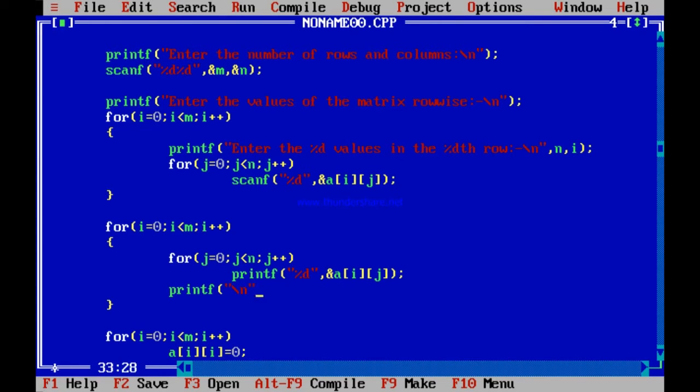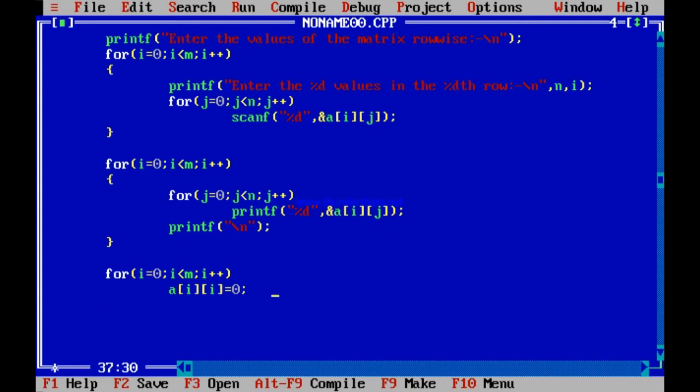You can very well understand what I have done. I have just printed the array once before it was converted, because you remember, the diagonal values will be shielded, that is changed to 0, after this. So before I convert the diagonal values to 0, I print the array once, so that after converting, if I again print the array, I will be able to compare what changes have been made. So the array has been printed. Now after this I can print the array once more at this point to see whether the shielding has been done or not. The shielding has been done over here.